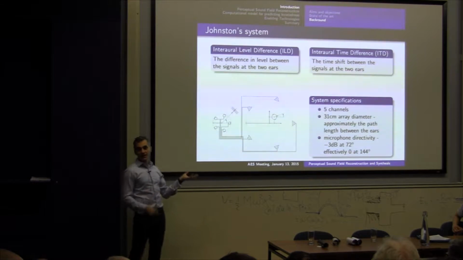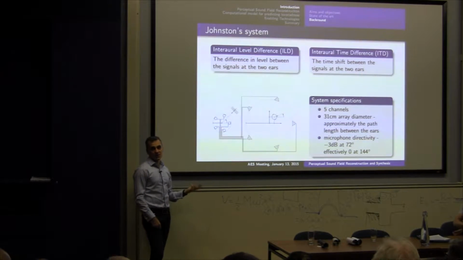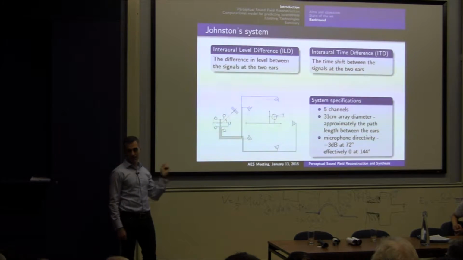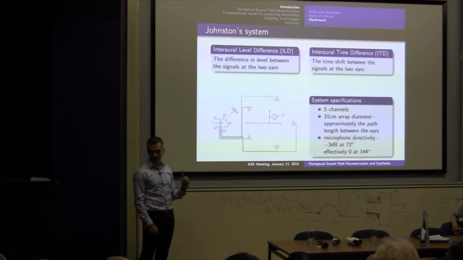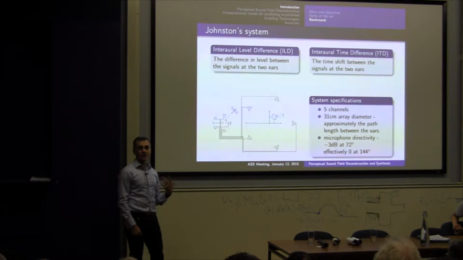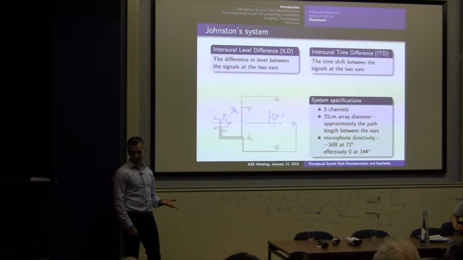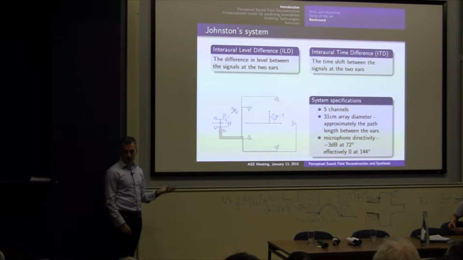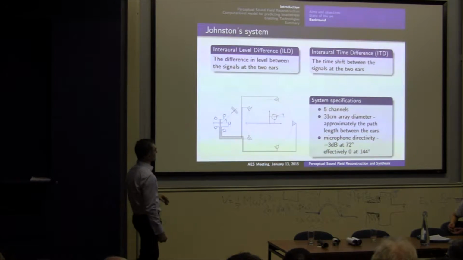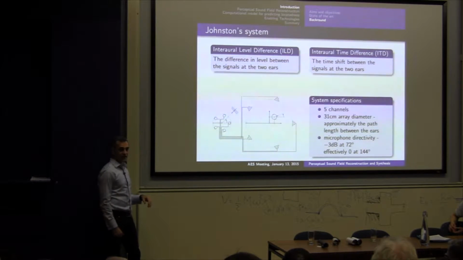So if you have a limited number of channels, then we can be only so ambitious. What we are going to try to achieve is a very convincing auditory perspective. That means that the listener can say where the sound source is for all possible sources that are involved, and to have a very convincing illusion of a diffuse sound field and reverberation. It's not that we can really achieve everything there. So, what was Johnston's array like?